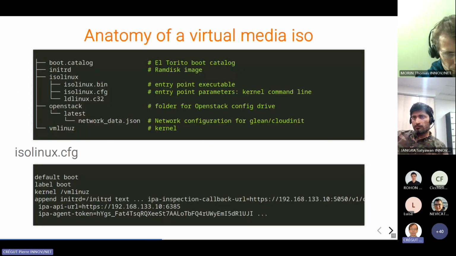So if you look at a virtual media ISO generated by Ironic, you will find this structure. You've got a boot catalog that comes from the ISO 9660 specification. Then you've got your kernel and your initrd, that are the RAM disk and the kernel that you